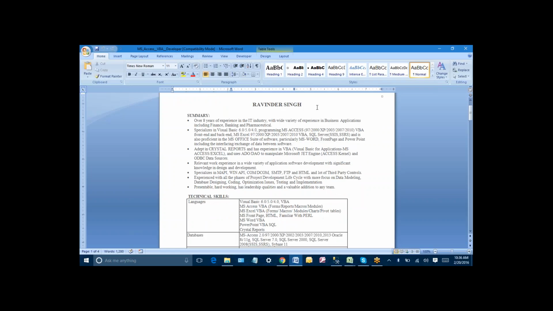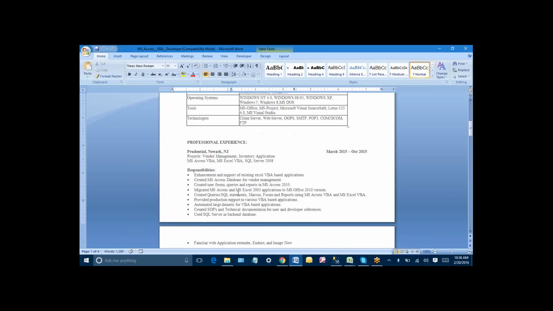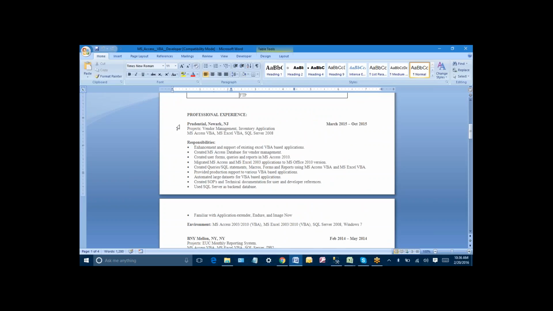The first question in the interview will be, tell me about yourself. So you should tell about what you have done in the past. Start from your recent project and say that you have enhanced and supported existing Excel and MS Access applications developed in VBA, created MS Access databases, then created forms, reports, queries. Just keep on telling whatever you have mentioned on your resume